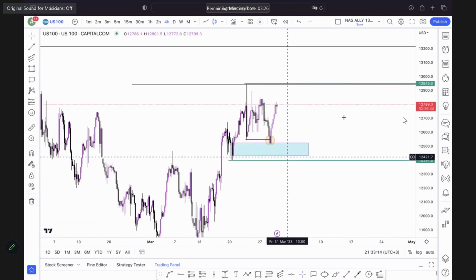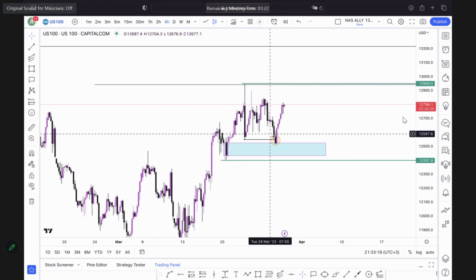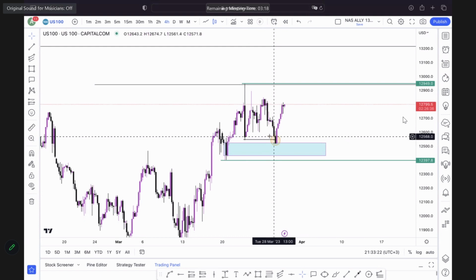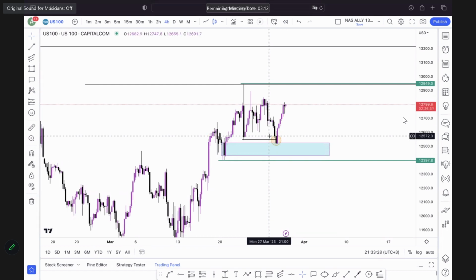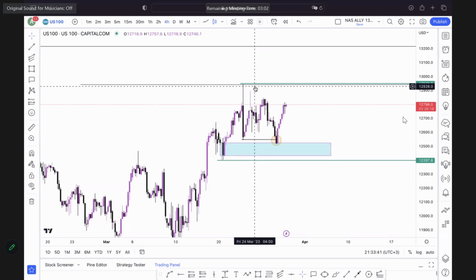Okay. Who was trying to buy at this low? Let's be honest. Who was trying to buy at this low? Tell me, what was your confluence to buy at this low? Did this low break any structure? No. There we go, so there's your answer. If you ever look to buy at a low or sell at a high ever again that didn't break structure, then you know that you are being induced. That is the act of inducement.